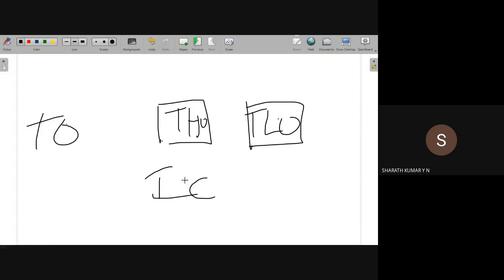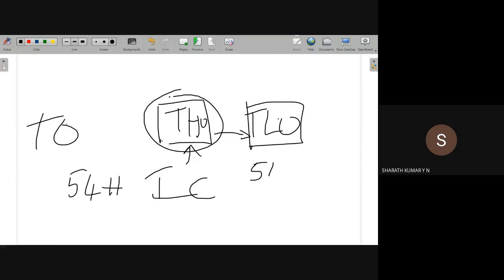The initial count is loaded to the upper byte of the timer. How to calculate the initial count, we'll see later. Let us say, for example, the initial count is 54H. The initial count is loaded to TH0. The initial count stored in the upper byte of the timer is now transferred into the lower byte of the timer, 54H.